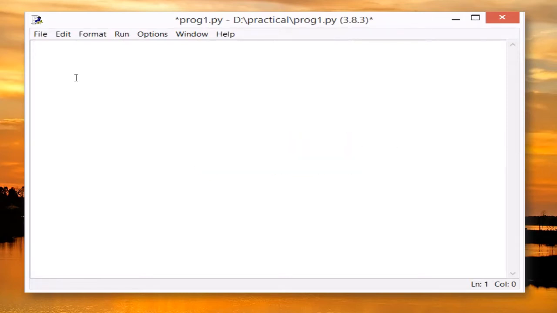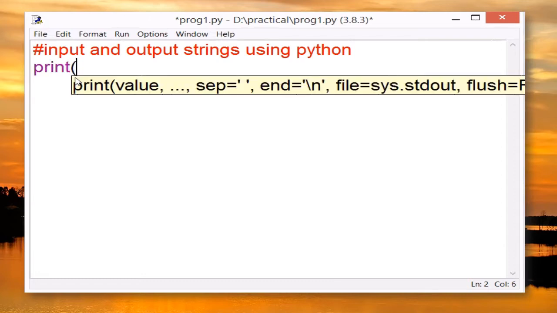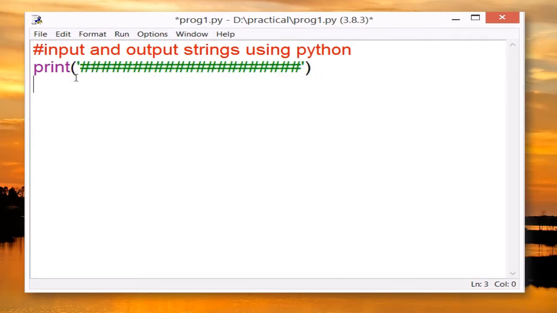Let's write a program on the basis of what we have learned up to now. I'm writing the comments. You know that a comment begins with a hash symbol. So, input and output strings using Python. This will be our heading. And now I am using the print function to print a string on the screen. So I am creating one string with the help of this hash symbol. And then again I call the print function, and inside this function I am typing one more string, Mera Bharat Mahan,